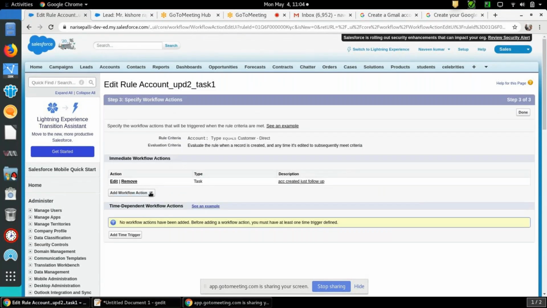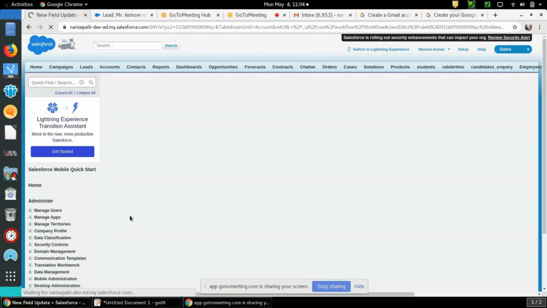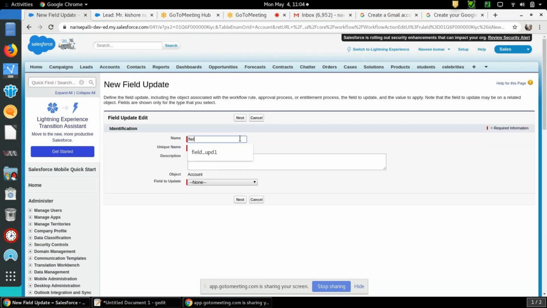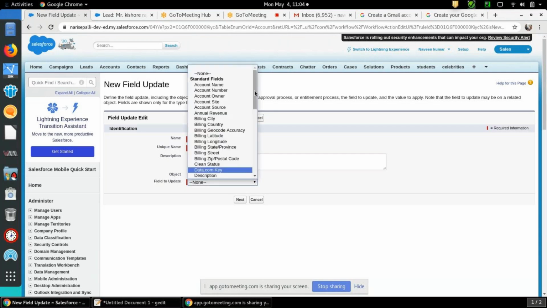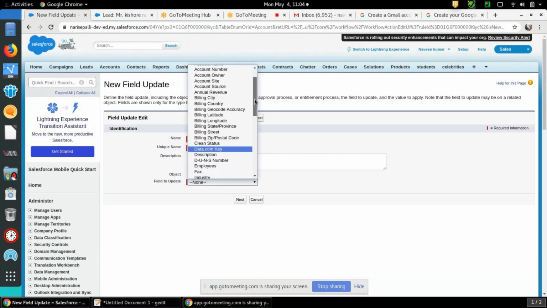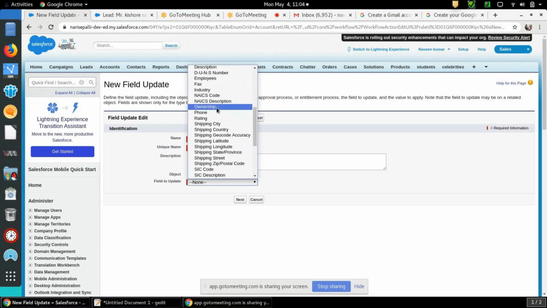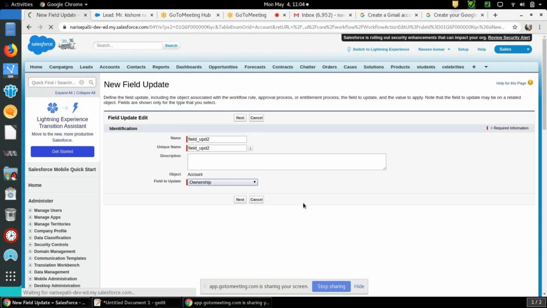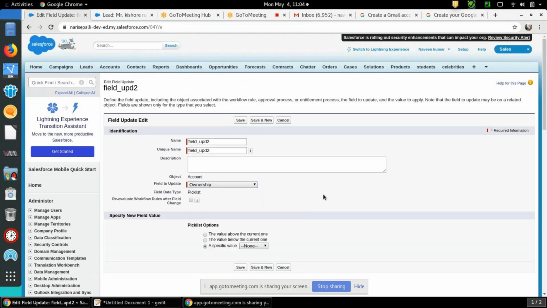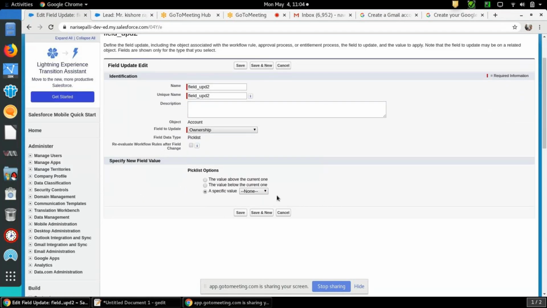So one more action also we need to do. We need to perform field update. So what field do you need to update? You need to set ownership as private here. Once you select ownership field over here, you will see a list of options. So I want to mention some specific value over here.